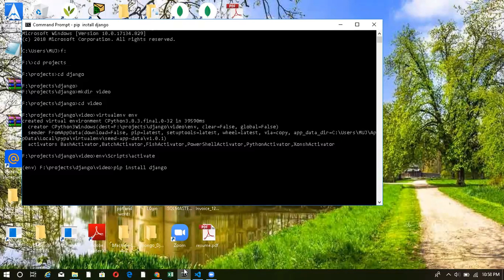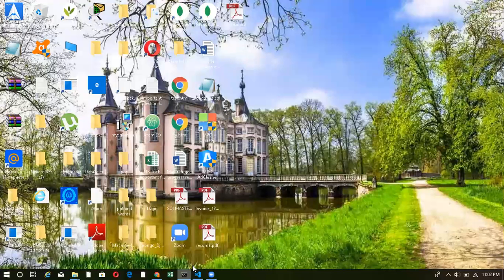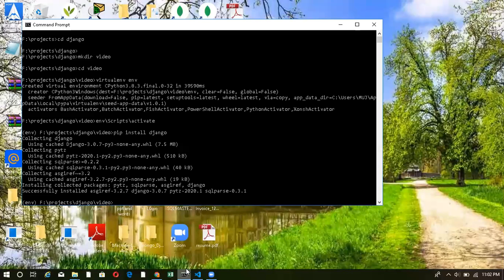It will take some time. Okay, now you can see that I have installed Django into my virtual environment. It takes around 2 to 3 minutes to get installed.